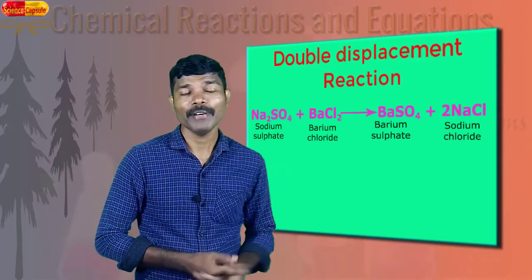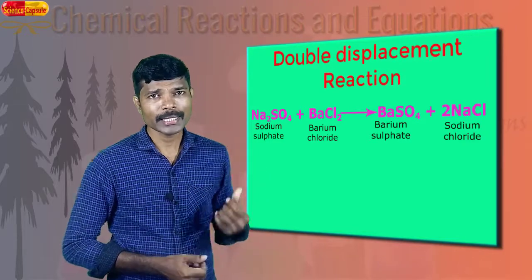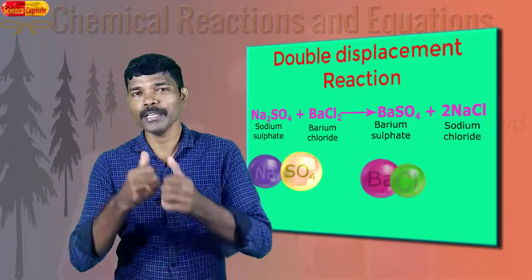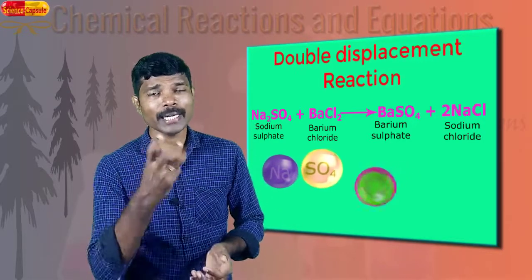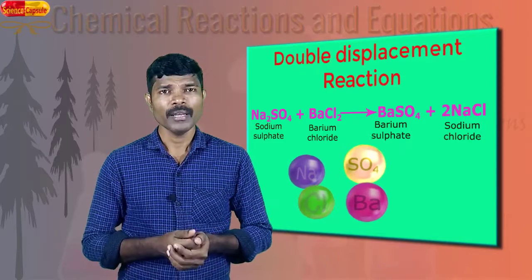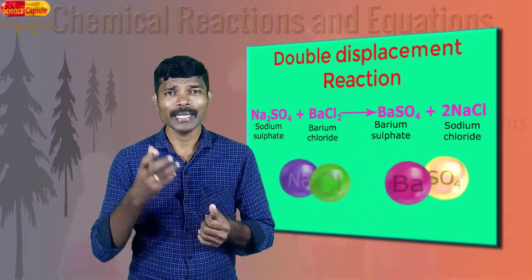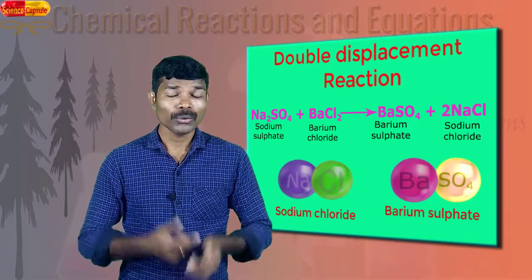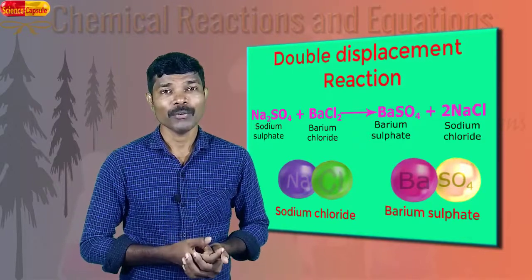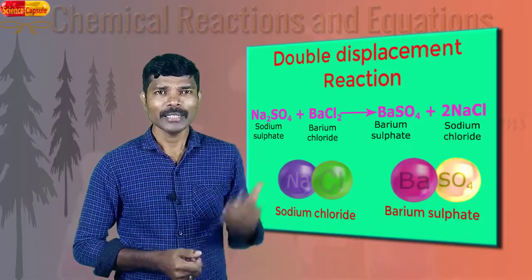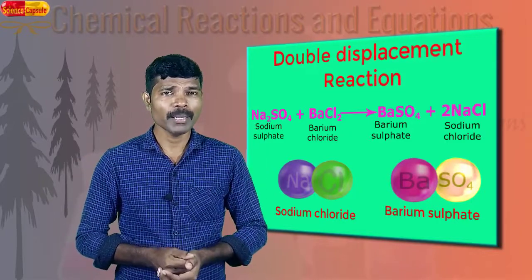Here sodium sulfate reacts with barium chloride. As a result of this, on the product side you see sodium chloride and barium sulfate are formed. Here a white color substance is obtained due to the formation of barium sulfate. Now the barium sulfate is an insoluble precipitate formed in the course of the reaction. So the insoluble substance formed in this reaction is called a precipitate, and this is a precipitation reaction. This reaction is known as double displacement reaction.